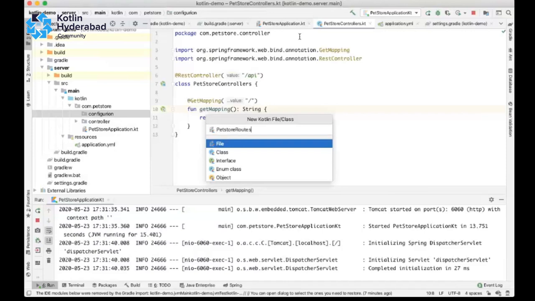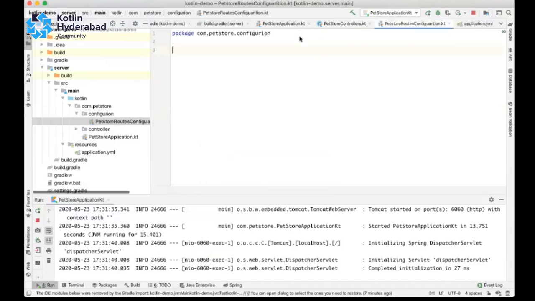We call these things routes. If you want to know more about this, you can google Spring REST DSL.